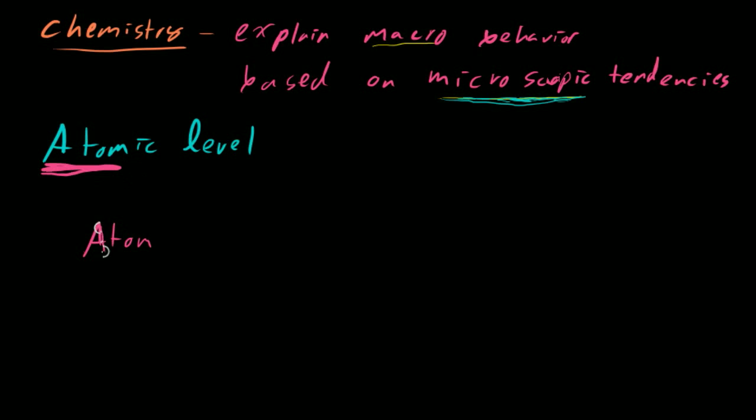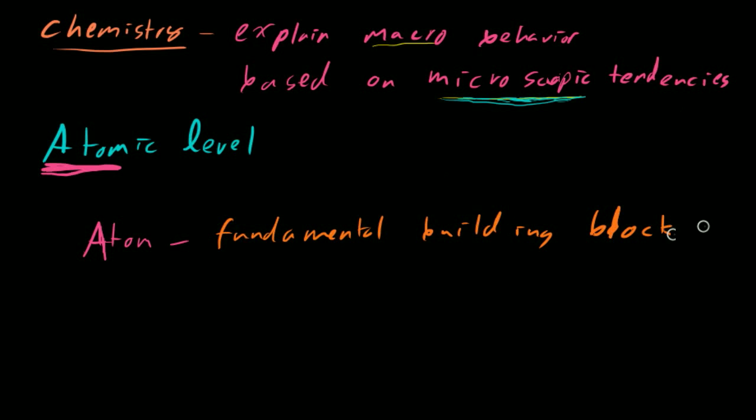We know that an atom consists of more fundamental particles than just the atom. The atom isn't as small as you can possibly get in matter, but the way we're going to define an atom is it's going to be the fundamental building block for all